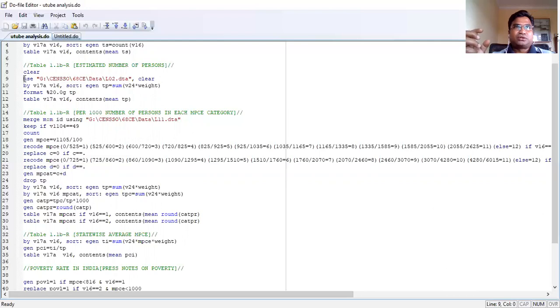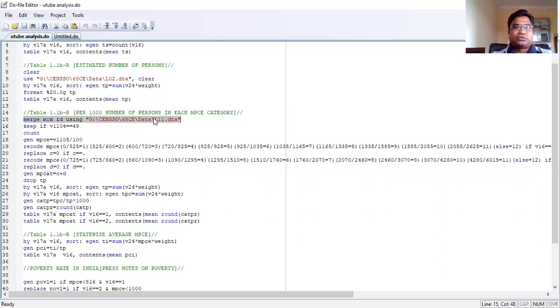Household size is more consistent, with more data in level 2. So we need both level 2 and level 11. In the first place, our level 2 data is open, so first we will bring level 11 data. How do we bring it? We will merge these two files, level 2 and level 11.